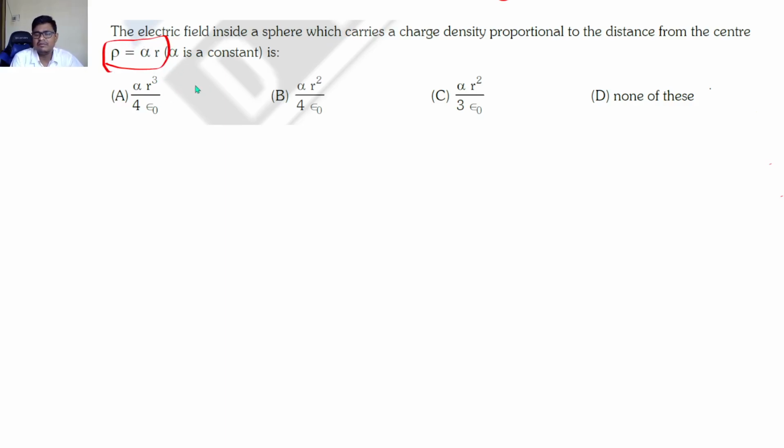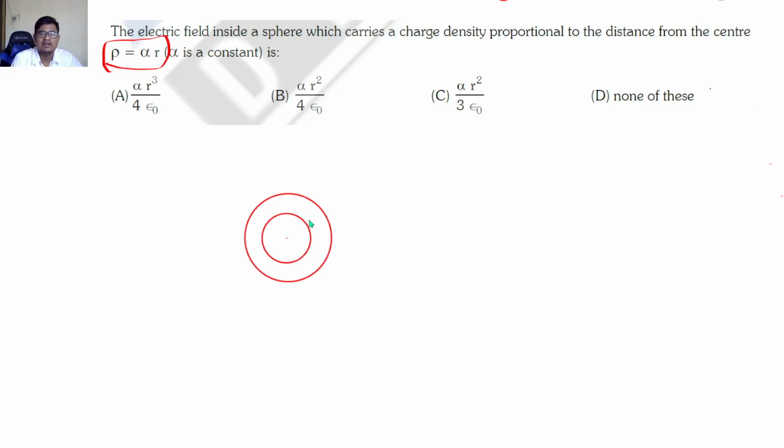So we will not use the formula directly as rho r by 3 epsilon naught, because that will give you a wrong result. So let's try to find out how to find the electric field. For that case, we will be considering a sphere. Okay, let's say this is our sphere that we have, and this is the center of the sphere, and then we will consider